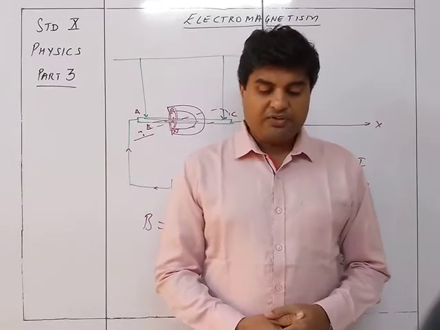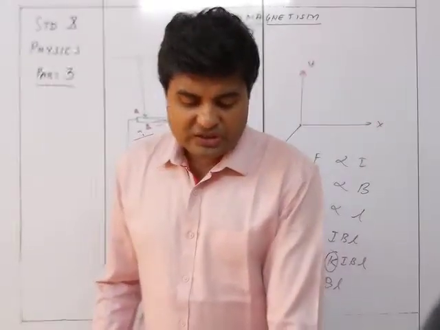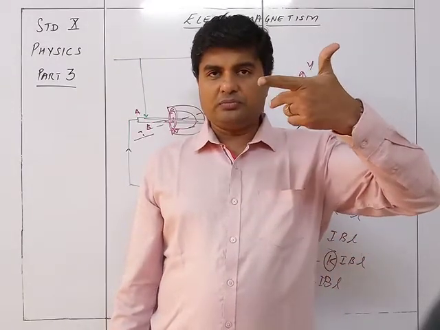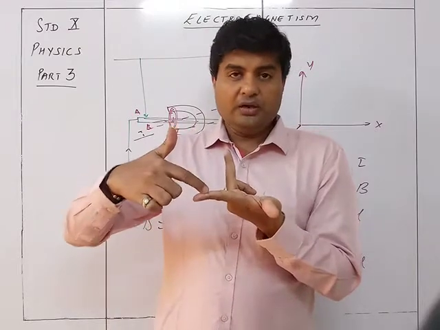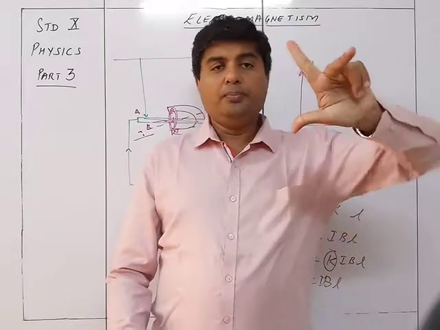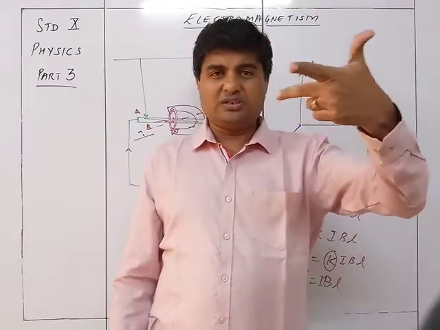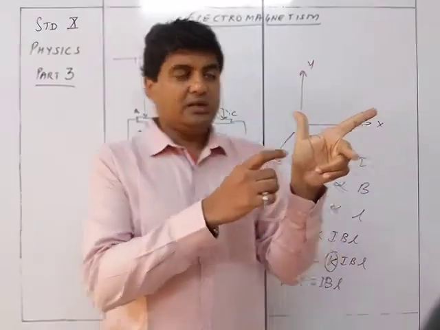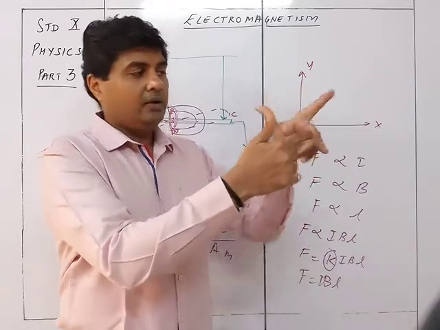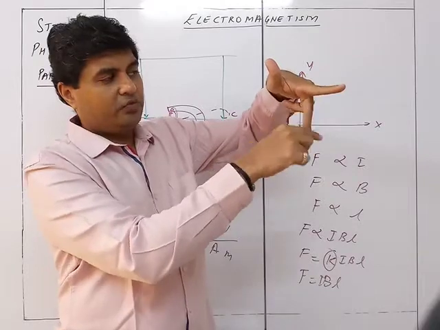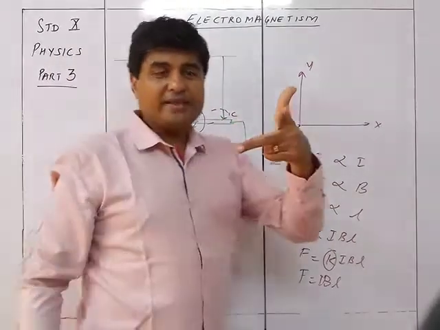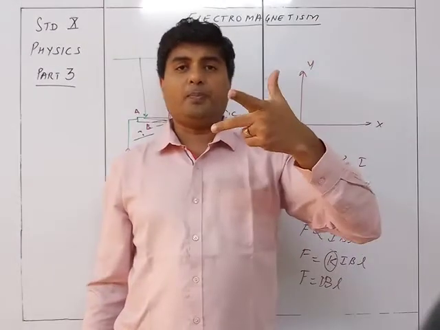Fleming's left hand rule is: stretch the forefinger, central finger and the thumb mutually perpendicular to each other. Okay, it is like this. Forefinger, the central finger and the thumb, all mutually perpendicular to each other. So this is the condition I'm taking. You can see this is the thumb and the forefinger mutually perpendicular, and the forefinger and the central finger mutually perpendicular. The thumb and this are also mutually perpendicular.